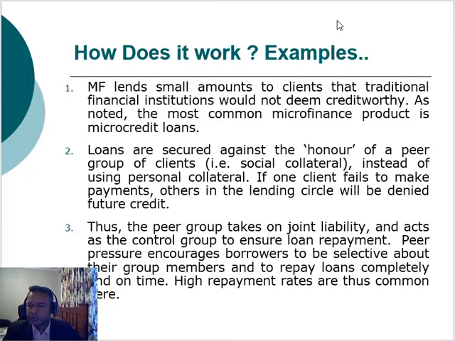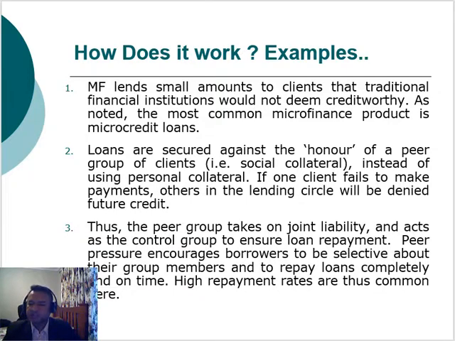Second, the loans are secured against the honor of a peer group of the client, which is the social collateral, instead of using personal collateral. If one client fails to make payments, others in the lending circle will be denied future credit. And third, the peer group takes joint liability and acts as the control group to ensure loan payment. Peer pressure encourages borrowers to be selective about the group members and to repay loans completely and on time. High repayment rates are thus common here. Because the microfinance industry needs additional collection time and resources,